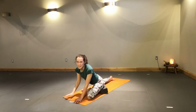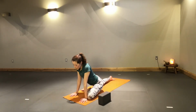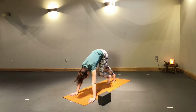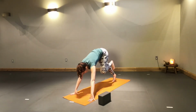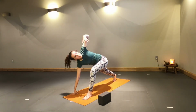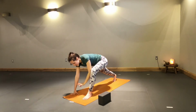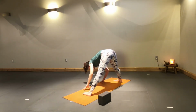Rising up onto your hands, stacking them under your shoulders. Curl your right toes into your mat and sweep your left leg up and back. Breathing in. Exhale, step your left foot forward. Lift your left fingertips up high to the ceiling for your twist. Exhale, plant your left hand to the inside of your left foot and walk your hands towards the right,